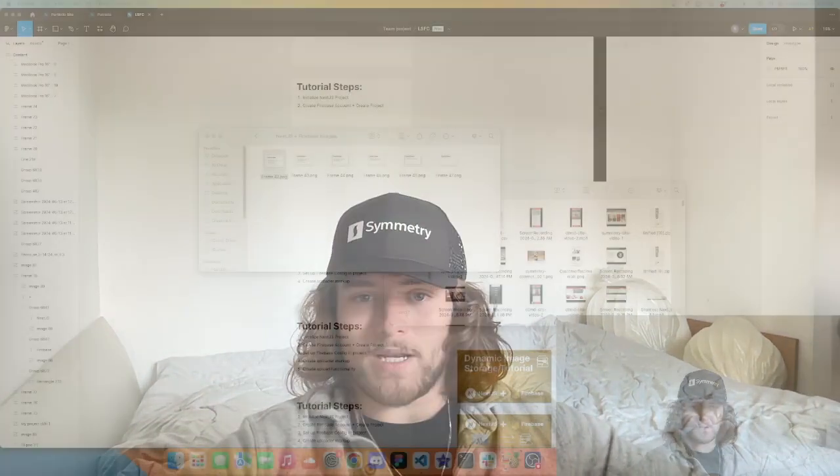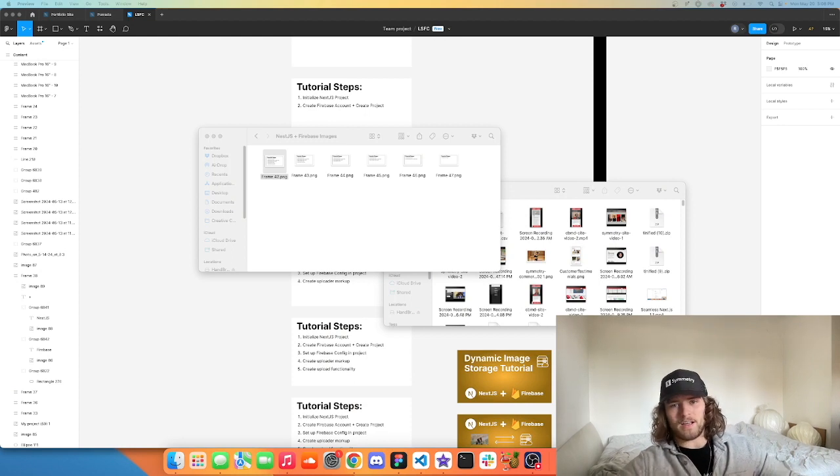All right, hello everybody. Today I'm going to be going over how to dynamically render images with NextJS and Firebase. So let's get right into it. Okay, so today I'm going to be going over how to dynamically render images in NextJS and Firebase with 6